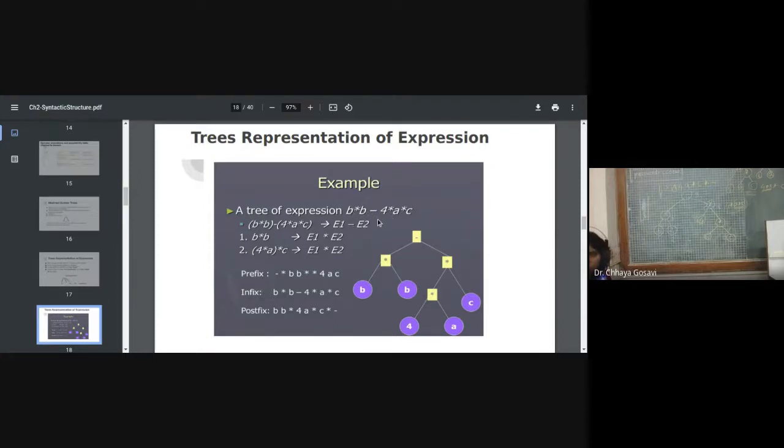E2 is 4 into a into c. Again, this 4 into a into c has two operators, so let's divide it into e1 star e2. Here e1 is 4 into a. We have to solve 4 into a first and then into c. In this way, this is our correct syntax tree: 4 into a into c, then b star b, and subtraction. So you can match your answers with prefix, infix, and postfix form.